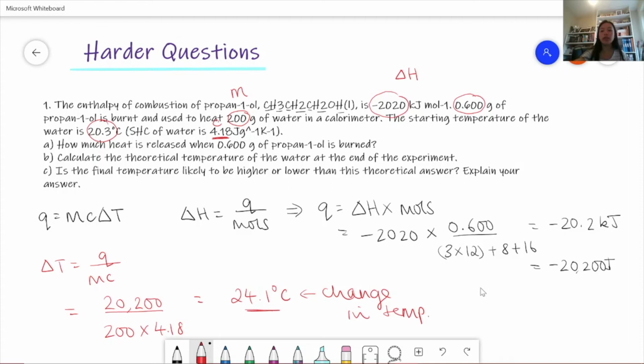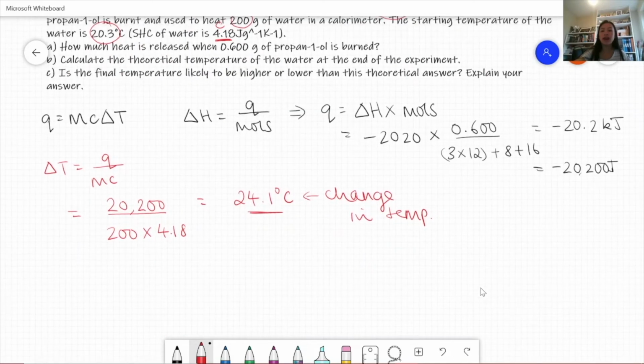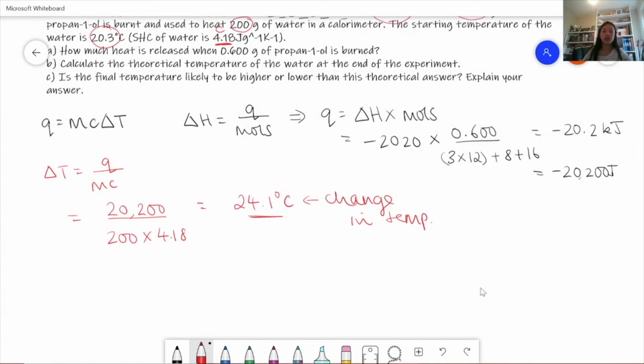And so in order to find the theoretical temperature of the water at the end of the experiment, we then add this value onto 20.3 because it's exothermic, so the temperature is increased. So this is the answer for A. And then for B, we do 20.3, which is the starting temperature of the water. And then you add on the 24.1 because it's exothermic. And then you get